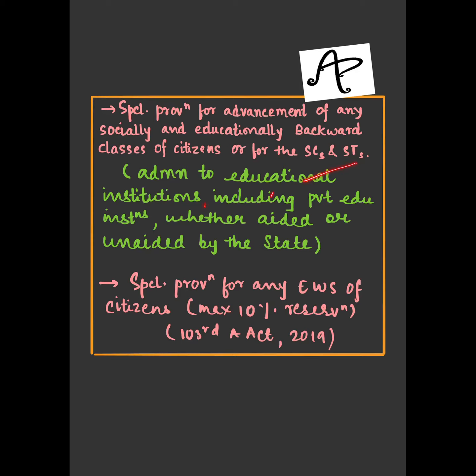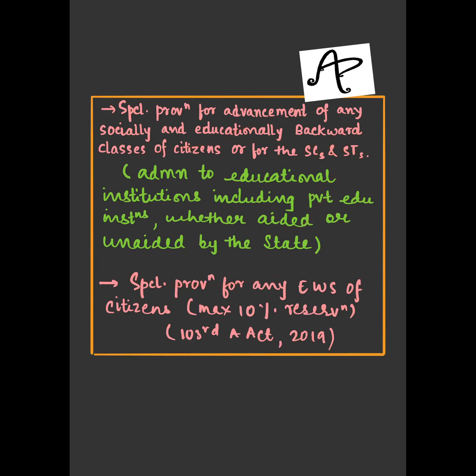Now these educational institutions would include the private educational institutions, and these could either be aided by the state or unaided by the state, which is okay. However, it says that these institutions should be other than the minority educational institutions, जो आर्टिकल 30 क्लॉज 1 में बात की गई है. So when we'll be seeing article 30 clause 1, we'll understand about the minority educational institutions. But apart from that, the different educational institutions, including the private ones, aided or unaided, everything is covered